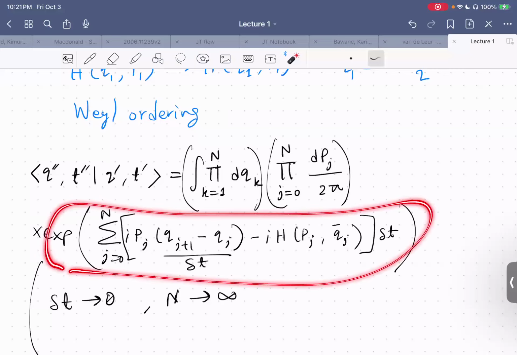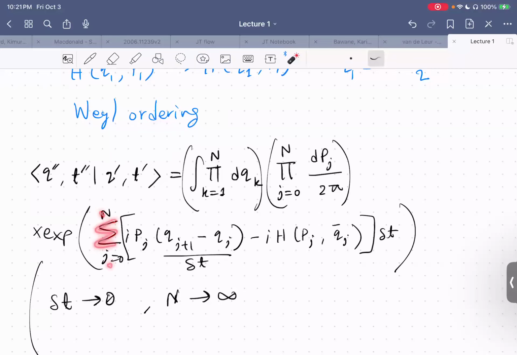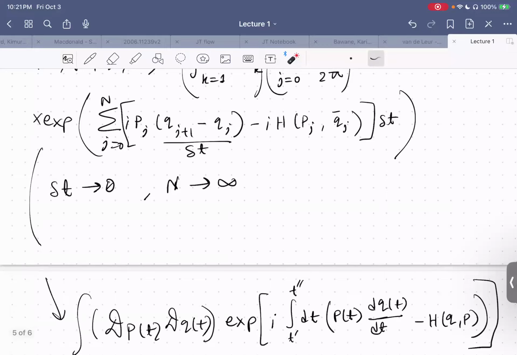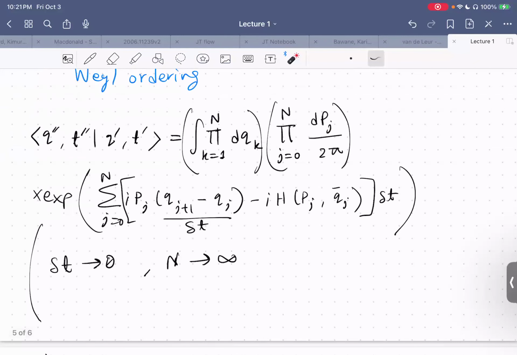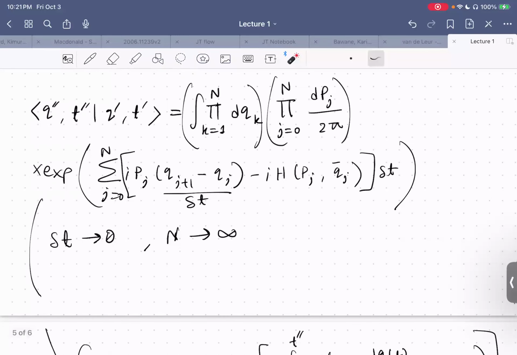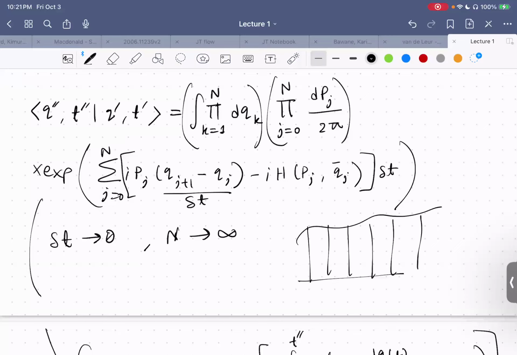And then the thing that you're integrating, this is a sum over all the timestamps. Then you have the momentum at that time, the difference of positions at that time, and the difference at the next time, and so on. And again, you have to recall your definition of Lebesgue measure or things like that, I forgot even what those are called, but from your calculus classes. One way to define an integration of a function is to divide it into small pieces. And then you